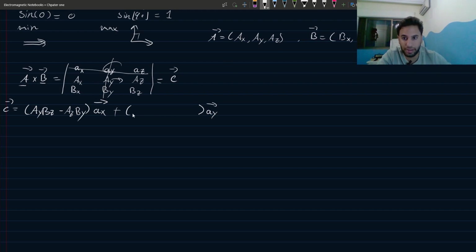Okay, az, multiplied by the diagonal component bx, minus ax multiplied by b, the two remaining components. So ax bz, plus,